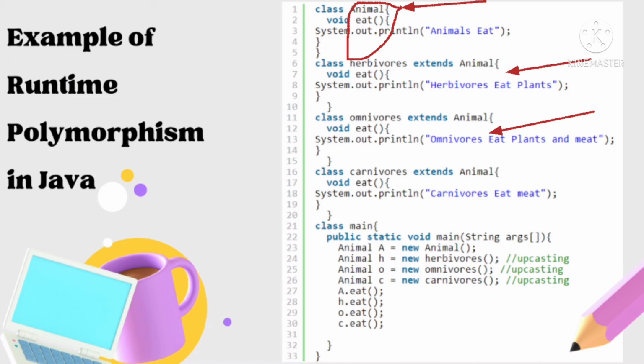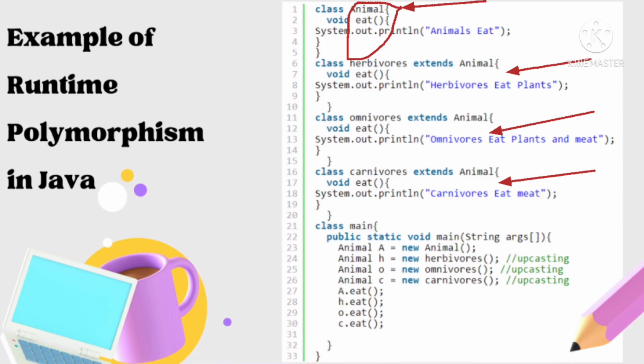This class extends animal class, overrides the method named eat of animal class and prints omnivores eat plants and meat. There is another class that is carnivores. This class also extends animal class, overrides the eat method of animal class and prints the message carnivores eat meat.